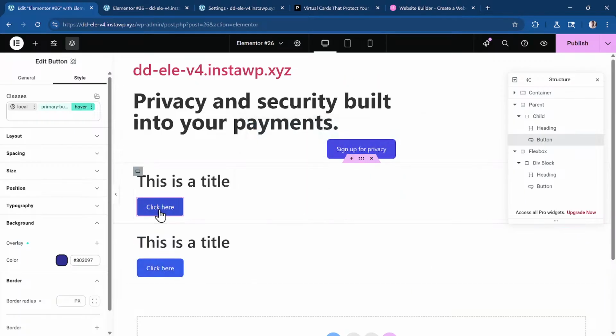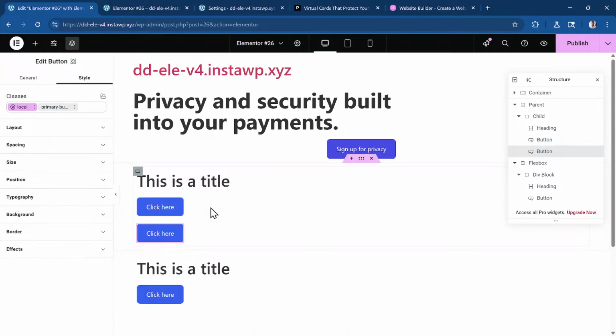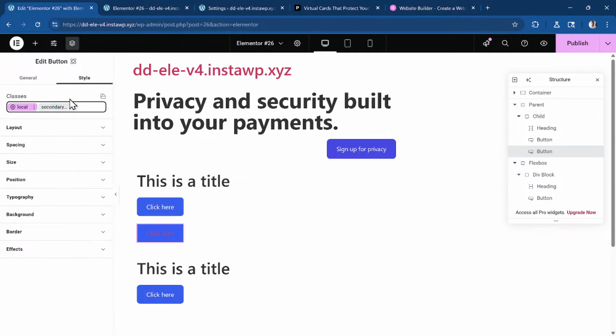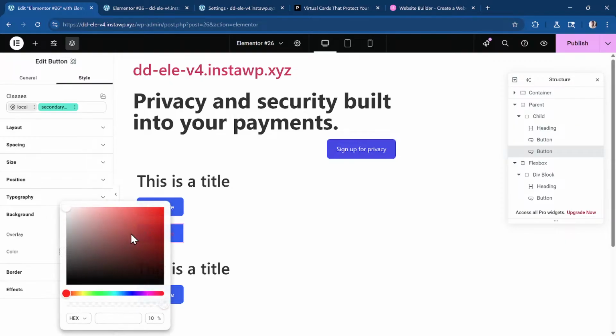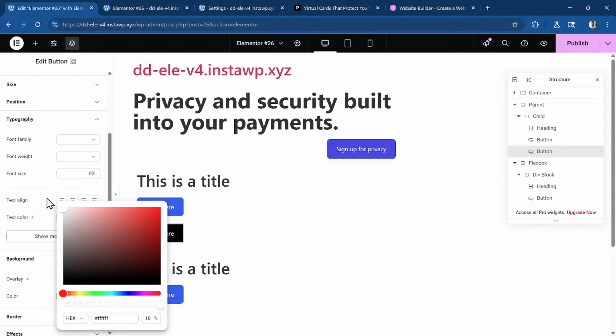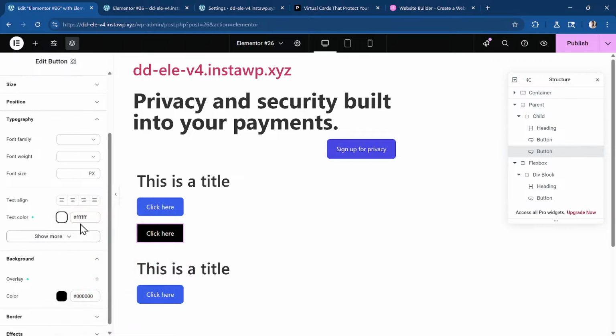I will now duplicate this button and create a secondary button. So this is the duplicated button. And now, let's say I want to add maybe secondary button. I may have to remove, let me just remove the primary button so that you can have 2 classes at the same time. But let me just say secondary button is also fixed on its own. So for the second button, let's say I want the background color to be something like, let's say the black, okay? And typography to be something like white, and the border radius to be something